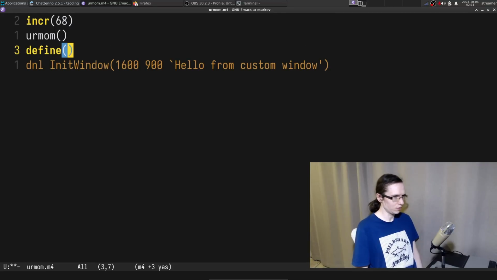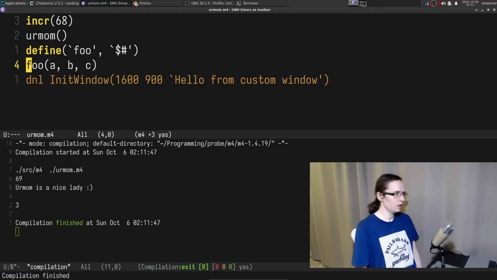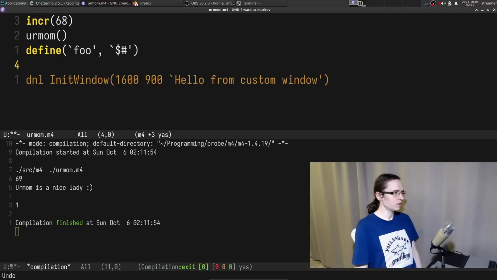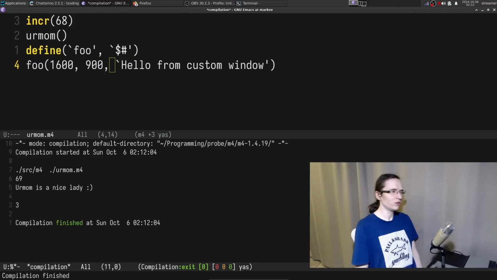So I'm going to define foo, and in that foo I'm going to say how many arguments we have. I'm passing A, B, C, and there are 3 of them, which is understandable. If I don't put that stuff in here, there's 1 argument. That makes sense. What if I do something like this, foo separated? There are 3 arguments.